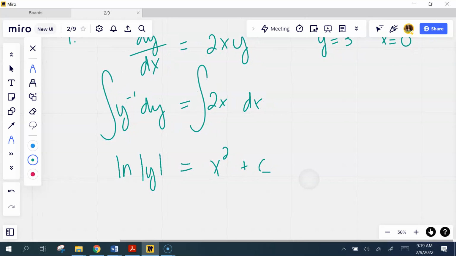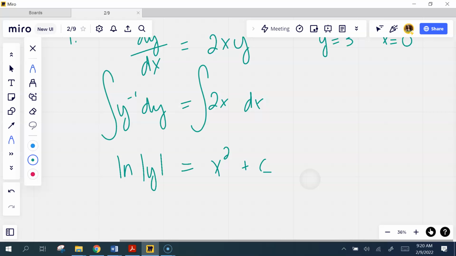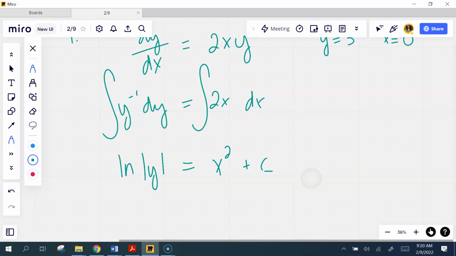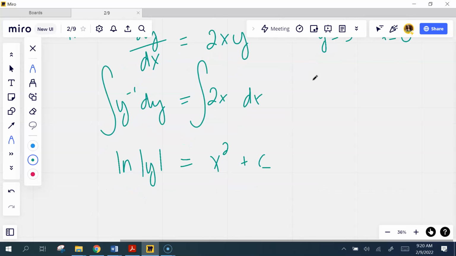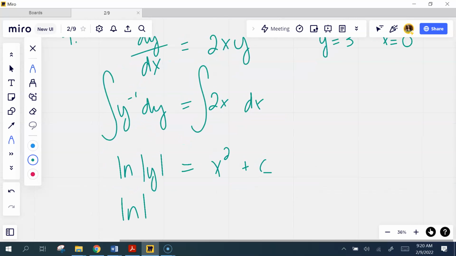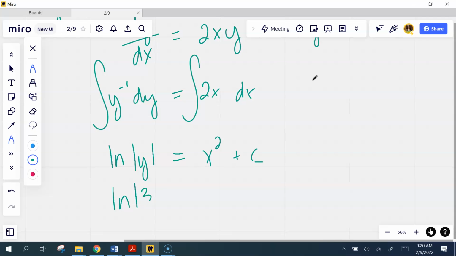Let's plug in the initial condition and find c. Y'all okay with doing that first? Or you can solve it for y first and then do it. Let's plug in the initial condition. All right, so 3 and 0. So the natural log of 3 equals 0 squared plus c. So c is